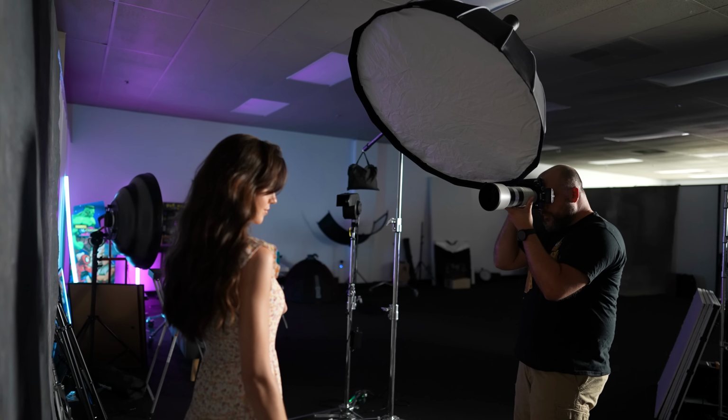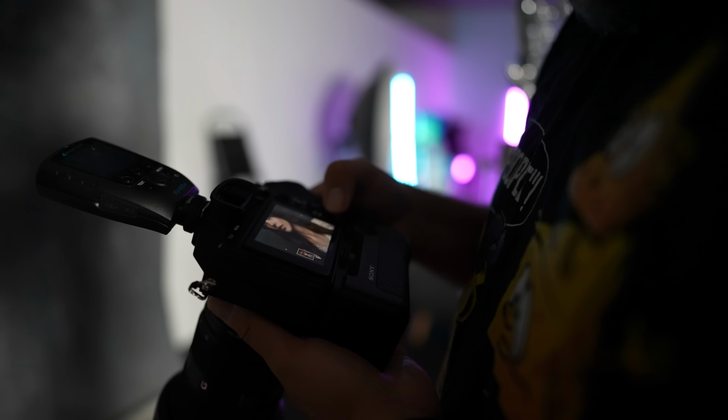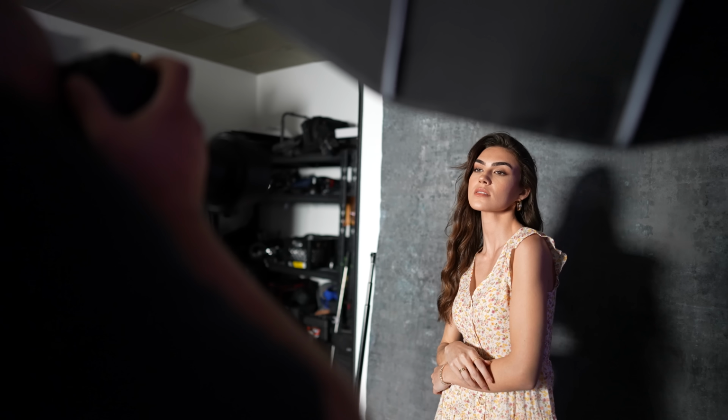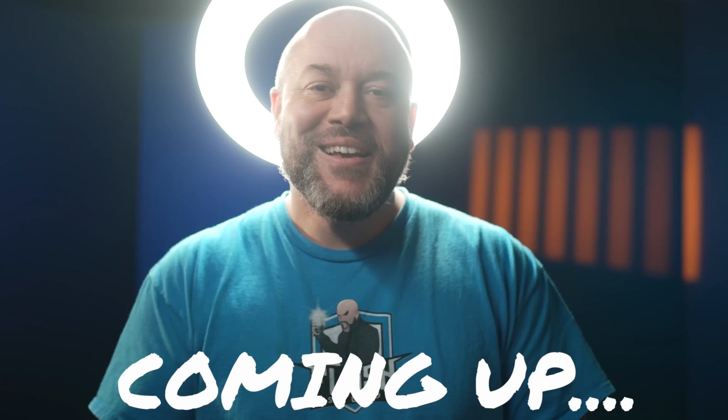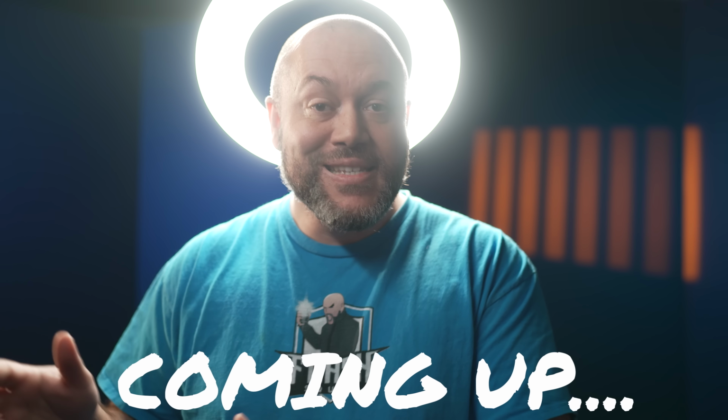Now, lenses aren't the only thing in the Sony ecosystem. You have accessories galore as well. Just about any accessory you can think of, from camera cages to microphones, battery grips, batteries, pretty much anything that you can think of, there are likely multiple options for each of those categories. More options means that as your needs change over time, chances are that there are going to be accessories that will meet those needs at just about any price point. Coming up in a moment, I'm going to share the second undisputed reason that someone might consider a Sony camera,